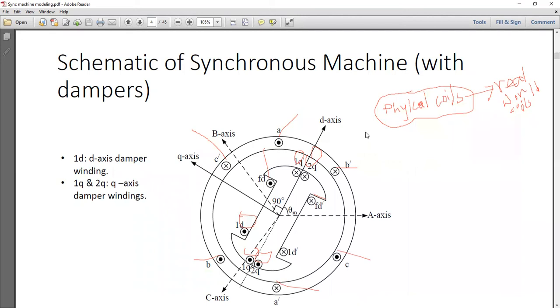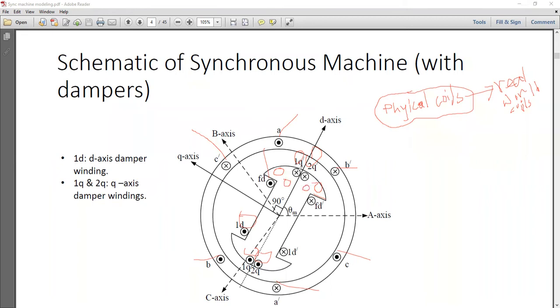So the damper coils are not only modeled for representing the real world coils. This is the main thing. Whatever I just said, that is the main thing. The damper coils are not only modeled for representing the presence of the real coils inside the machine. Besides that, the damper coils also take into account the phenomenon of induced voltage in the rotor coils, or on the rotor core itself. Okay, on the rotor core itself.